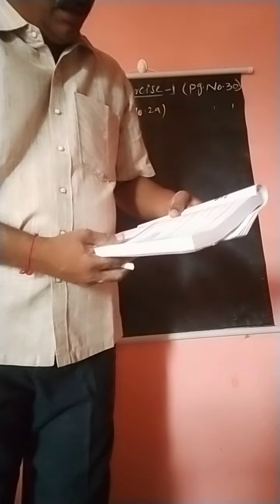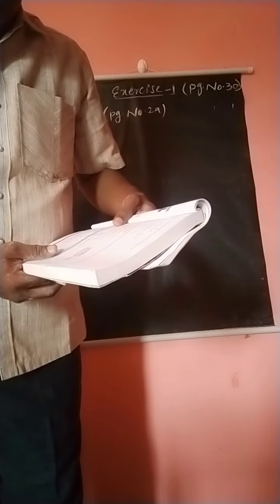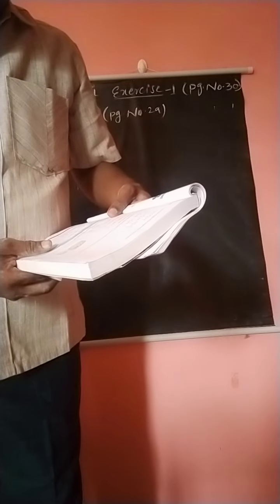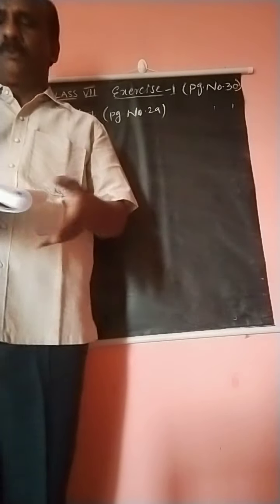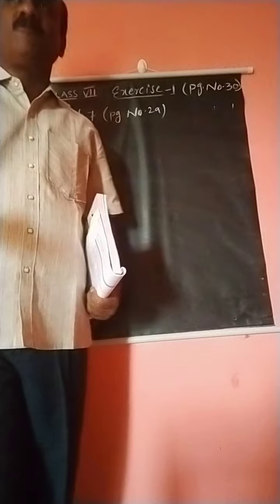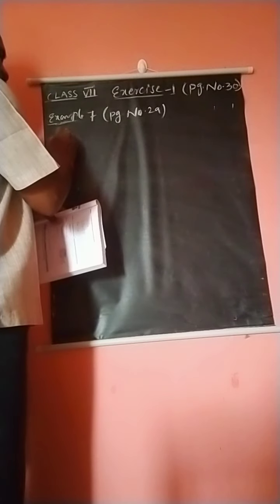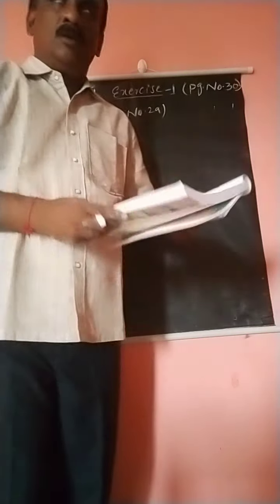The same kind of problem is given once again. At Ahmed's birthday party, 5 by 7 part of the total cake was distributed. Find how much cake will be left. So at Ahmed's birthday he distributed 5 by 7 part of the cake. What part will be left is the question. So what is the answer to Example 7?